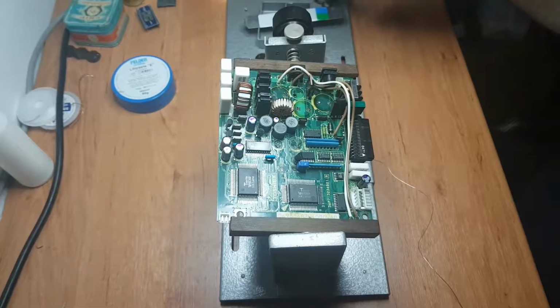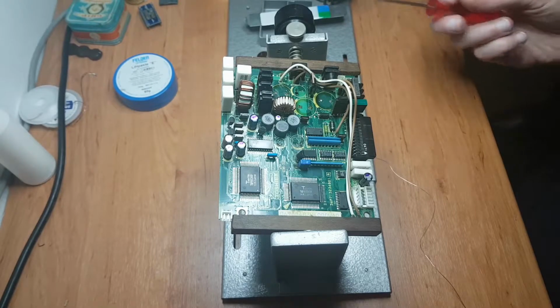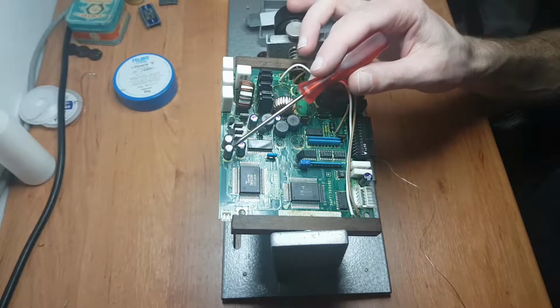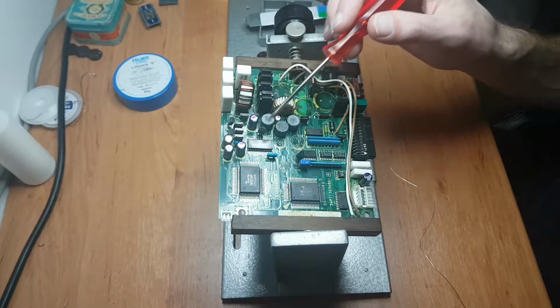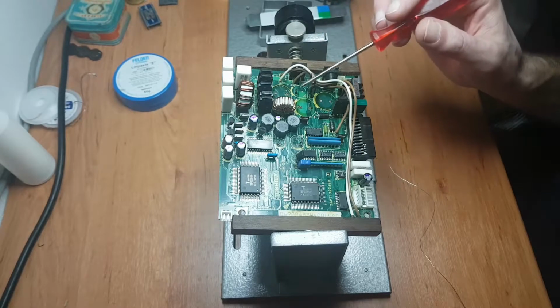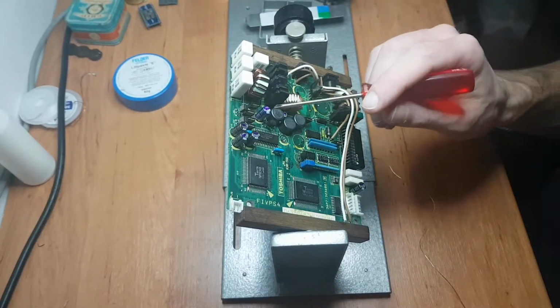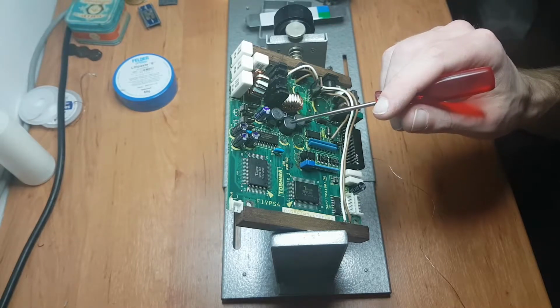Yeah, I got the main big capacitors off, or at least the ones that are part of switch mode circuitry. These smaller ones are probably fine. I'll replace them anyway, but I didn't feel like removing them right now. As I said, they're probably fine. That one might need to be removed still, but yeah,